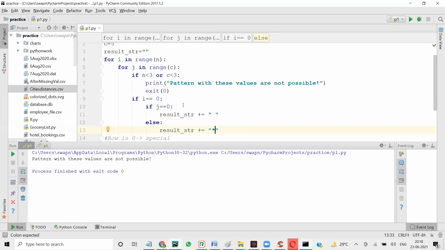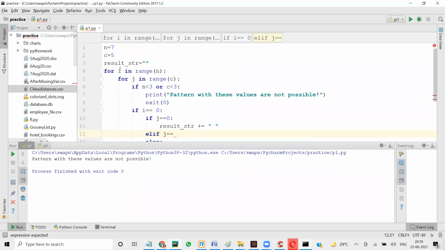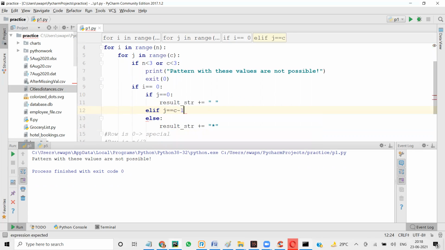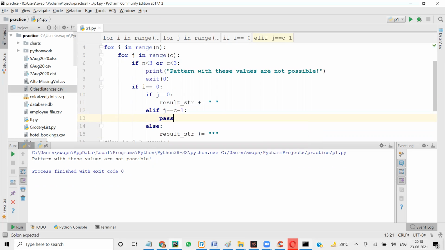So I'm going to check elif j equal to C minus 1, where C is 5. That means if you're on the last column, then do nothing. We have a command called pass.